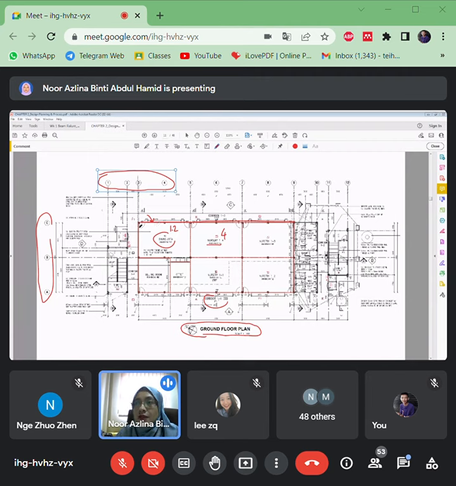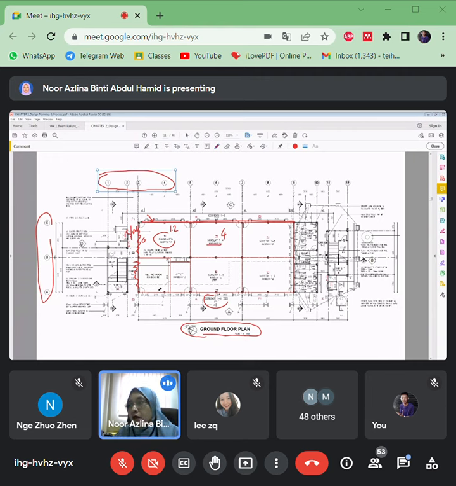Let's say there's no brick wall in this line, so in your calculation there will be zero load from the brick wall. That means you have to consider only the self weight of the beam that is made of concrete. Let's say this has a brick wall here. So look here, there will be a different loading applied on this line of beams.